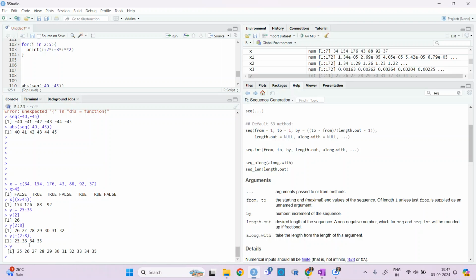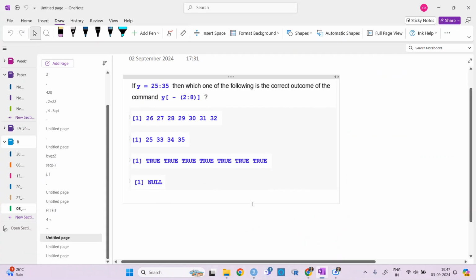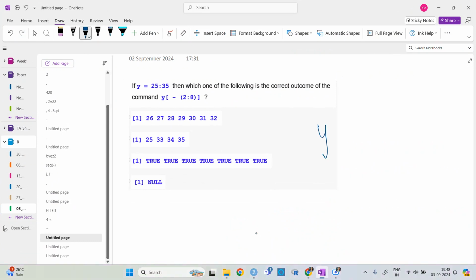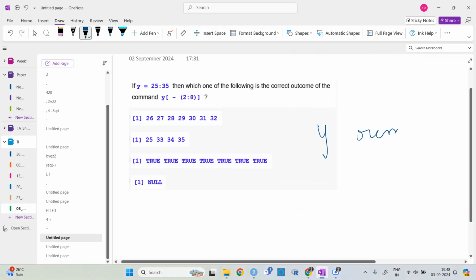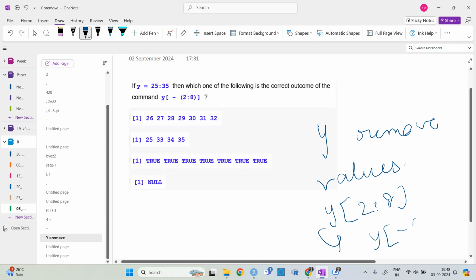So all the values which are not in 2 to 8. Yes, like our y is 25 to 34, y 2 to 8 will give you y minus 2 to 8. So this one will be the value. Yeah, option B.